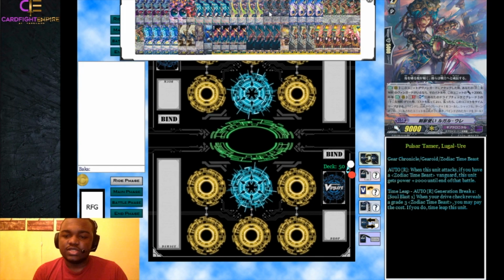The first one is when this unit attacks, if you have a Zodiac Time Beast Vanguard, this unit gets plus 2,000 power. And then the second ability is Generation Break 1. When your drive check reveals a grade 3 Zodiac Time Beast, you can time leap Lugo-Er into a grade 3, so by Soul Blasting